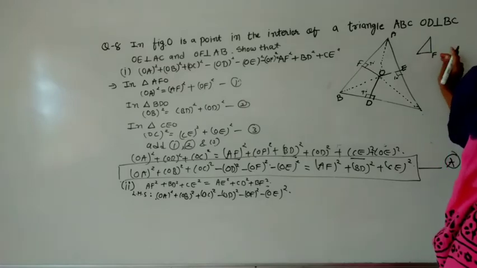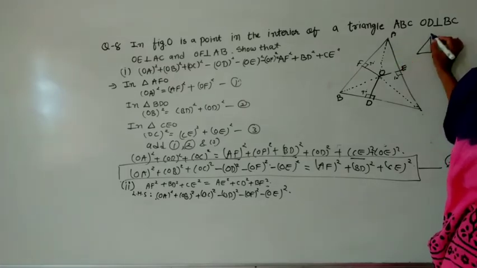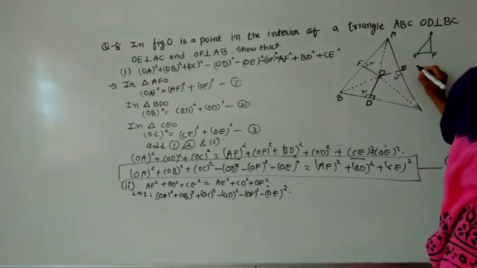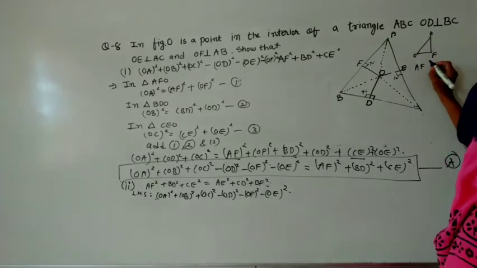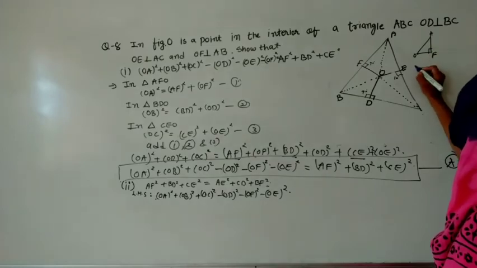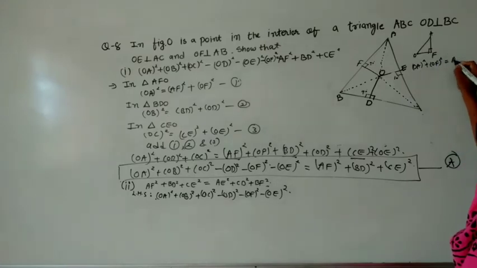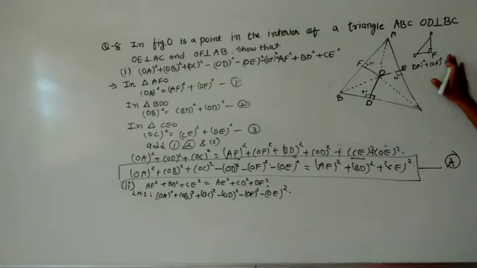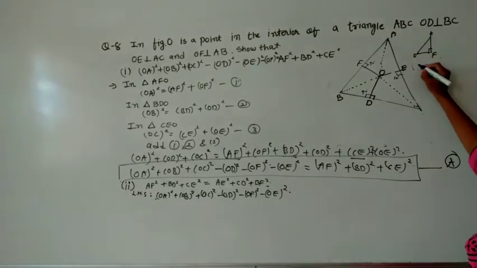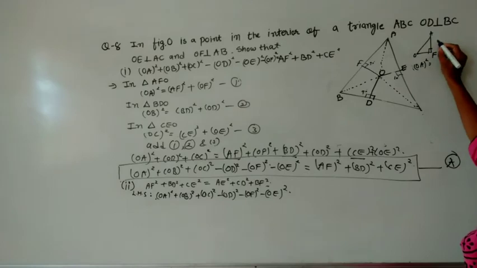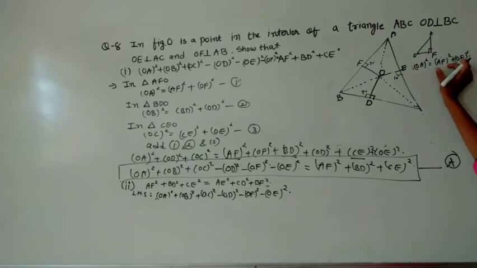If F is 90 degrees over here, so AO will remain. So here, what is Pythagoras law? Let me write Pythagoras law first. OA square plus OF square will be equal to AF square. Here we have to apply Pythagoras law, meaning AO square is the hypotenuse, and that will be equal to AF square plus OF square. So here we want AF square, meaning if we subtract OA square minus OF square, that will be equal to AF square, right?